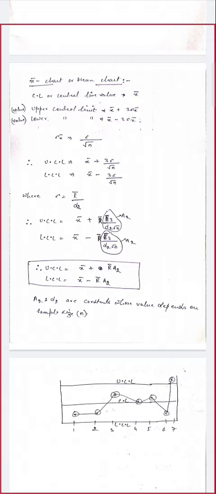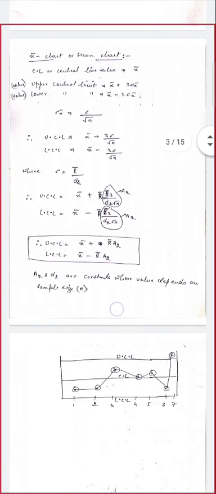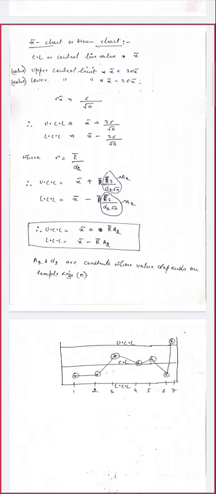So upper control limit value is equal to X bar plus R bar A2. Lower control limit value is equal to X bar minus R bar A2. Here A2 and d2 are constants whose values depend upon the sample size n. So now what you have to do, you have to first download the control chart table of values for constants, that is A2 and d2, and these values basically depend upon the sample size, means the small n of each sample number.